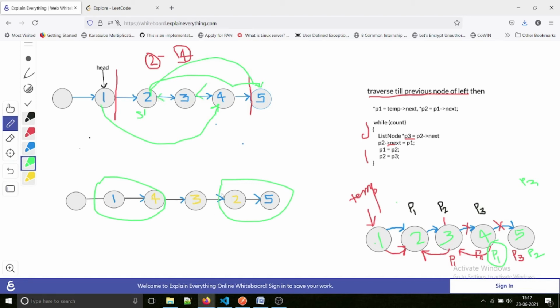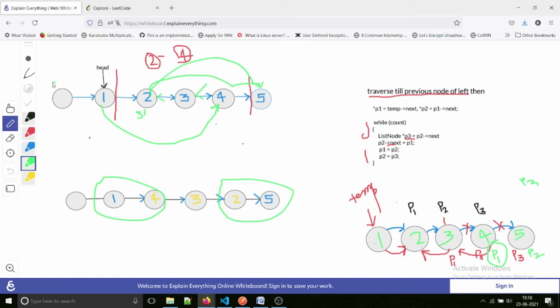So one thing we need to think about is, if our position itself is 1, then what will be the one node back of it? So we don't have a one node back of it if our list has to reverse from the head position itself. So in this case we will require a dummy node.